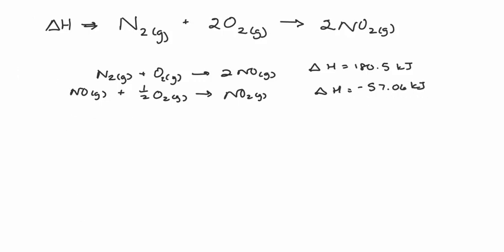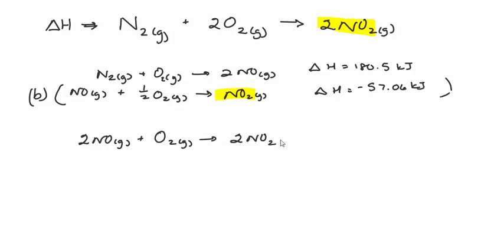Now let's take a look. We're going to analyze this. I need 2 NO2s on the product side. I have 1 NO2 over here. Now in order to get 2 NO2s, I'm going to multiply this entire reaction, we'll call that B, by 2. So when I do that, I get 2 NO gas plus, and then 2 times a half is just 1, O2 gas reacts to form 2 NO2 gas,